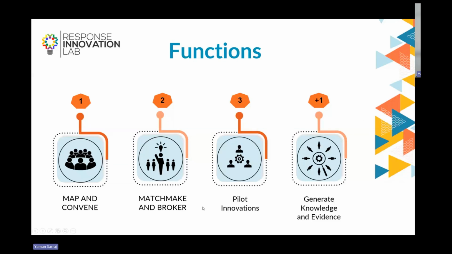Matchmaking and brokering is not only limited to organization to organization or firm to firm. It's more about matchmaking and brokering challenges that we have already collected or invested resources in identifying with possible solutions. For instance, the example shared by Ruba is quite adaptable in Iraq and contributed to enhancing food security in a way. But could this solution really be adopted in Northwest Syria? This is always a question.